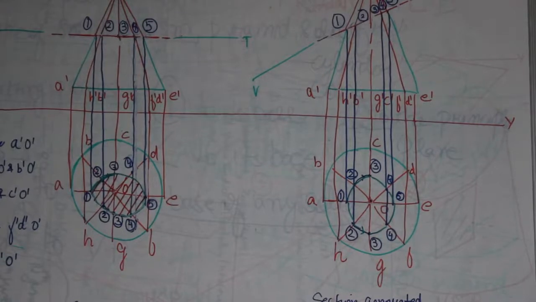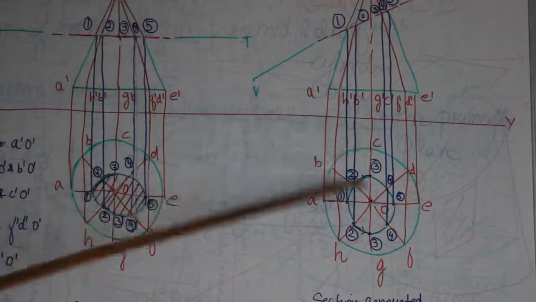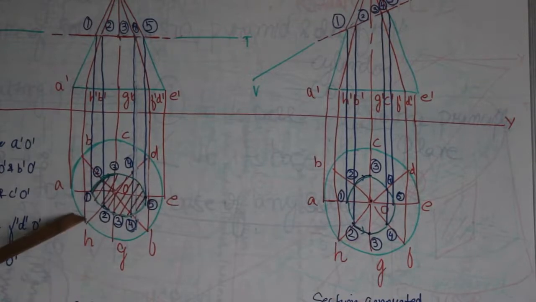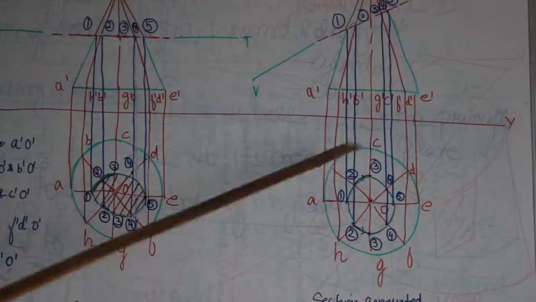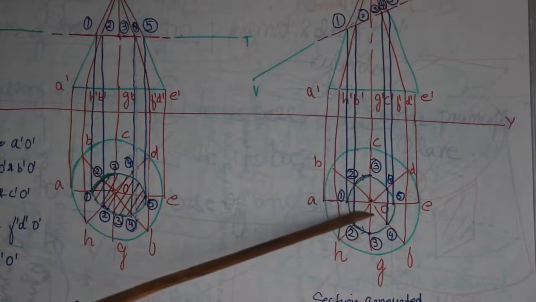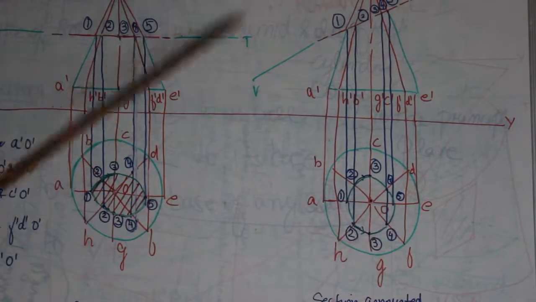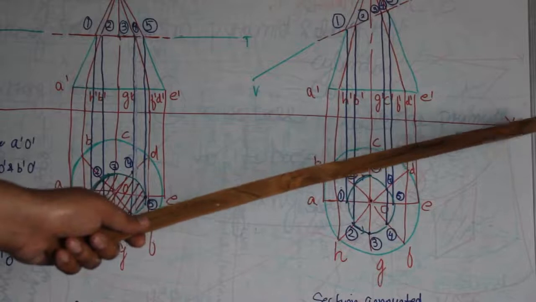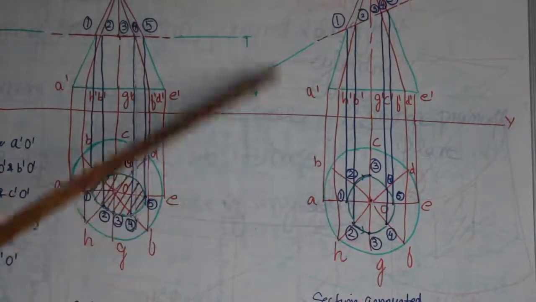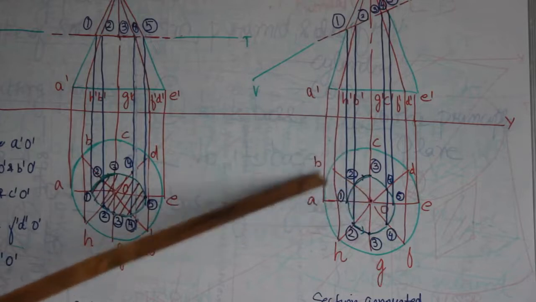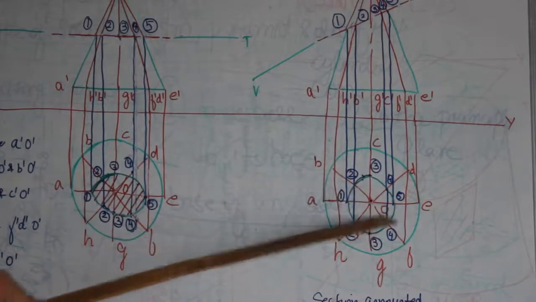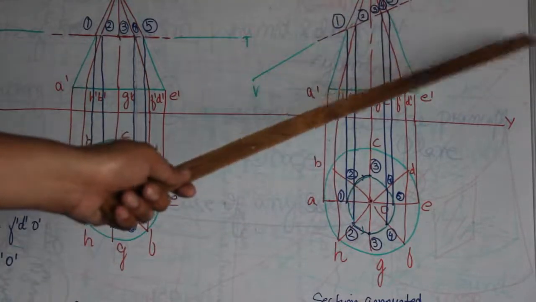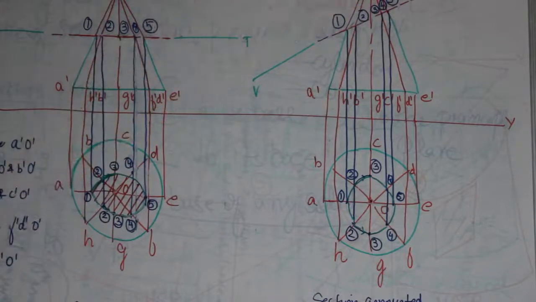questions. So looking further, I have to just clear you that there is no visible difference in the section. The section generated in the first part is called the true section, and the section generated in the second part in the top view is called the apparent section. To make the true shape of the section, how does it look? You have to further follow the steps to actually find out the shape of the section. The shape of the section is not circular or elliptical. The shape of the section could be something different that you will be able to find out through the further